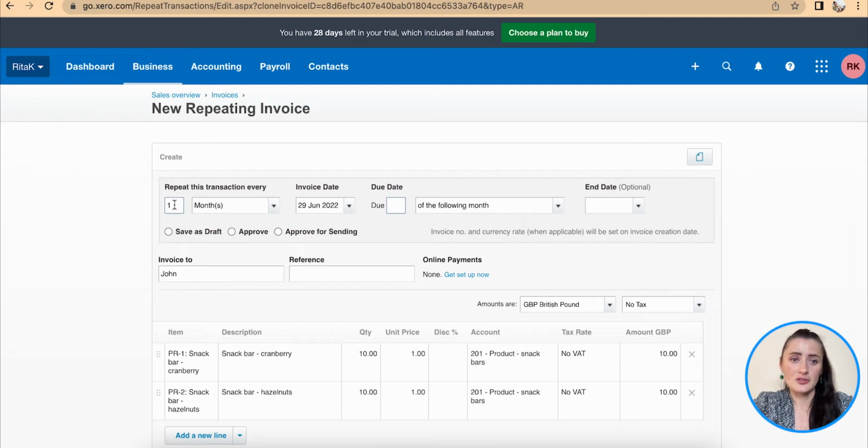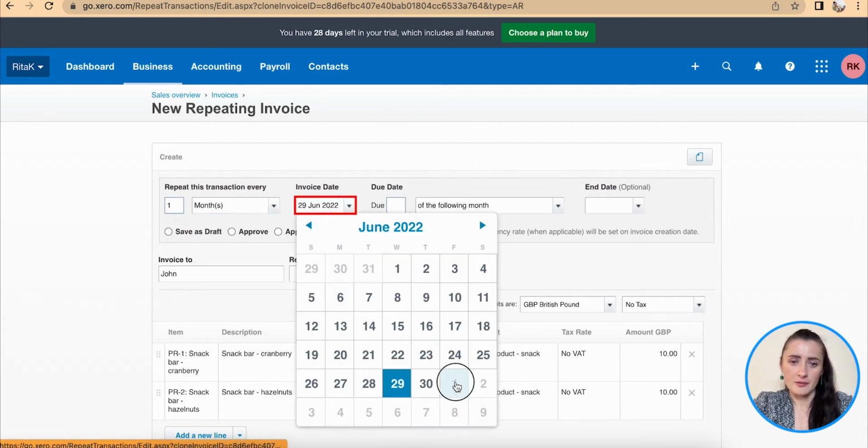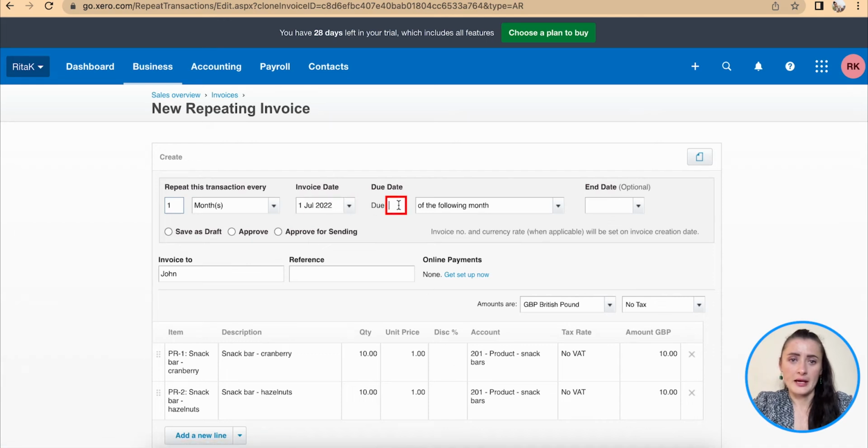And then we need to figure out how often this recurring sales invoice should be taking place. So for example, in my case, this should recur or repeat every 1 month. You have an option to select weeks as well if you wish to send invoice every week. Select an invoice date, so I will select 1st July, and due date, either immediately, then you can select 0, or if you